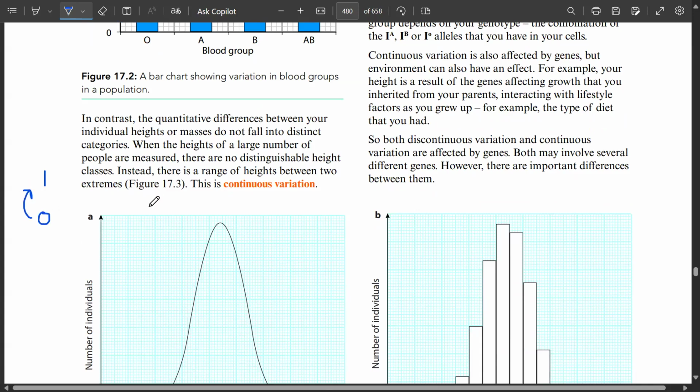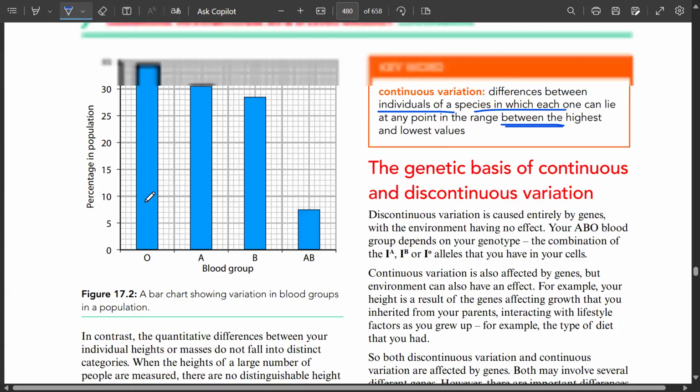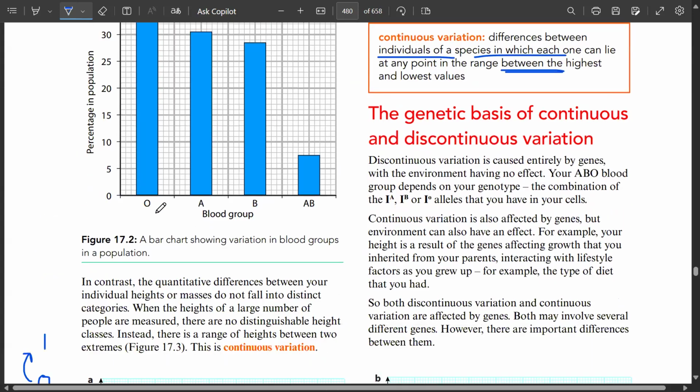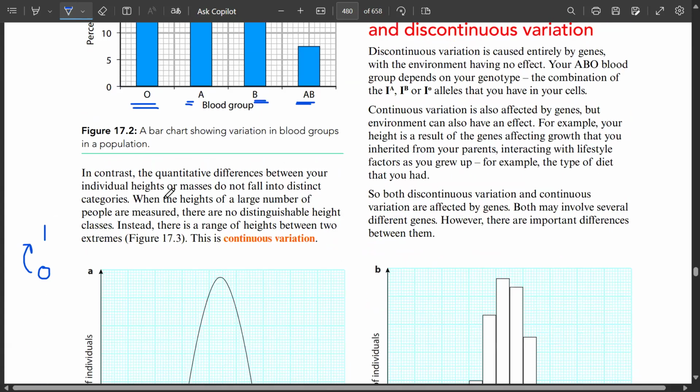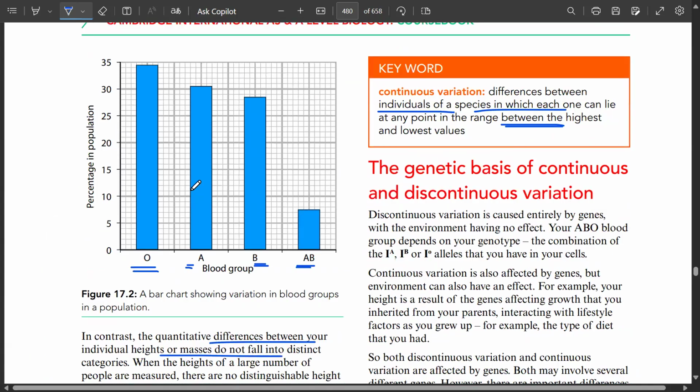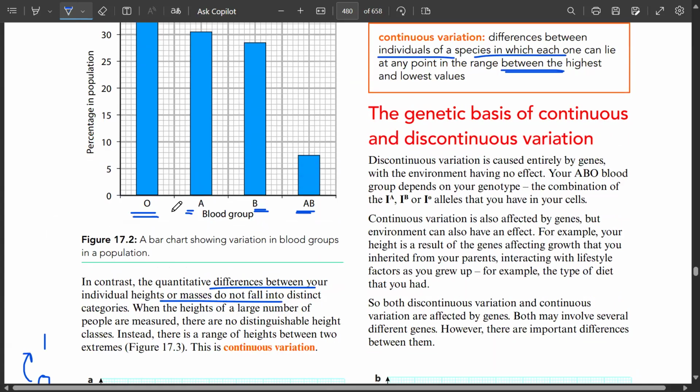ये दो ऑप्शन ही, इसके दरमियान ट्रिलियन ऑफ ऑप्शंस होंगे और यू डोंट नो दोस। इन कॉन्ट्रास्ट, अब ये आपके पास डिसकंटिन्यूस वेरिएशन का ग्राफ आपको नजर आ रहा है, या ए है, इतनी पॉपुलेशन बी ग्रुप की है और इतनी पॉपुलेशन ए बी ग्रुप वाले की है। But in contrast, the quantitative differences between your individual height or masses do not fall into distinct categories. हाँ, रिसर्च के वक्त वी मेक कैटेगरीज।